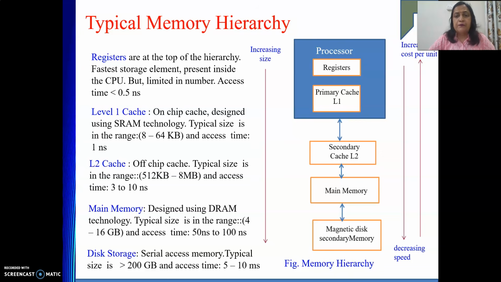From there we get main memory. Then from main memory, whatever is most frequently required, we are going to put in L2 cache. From there again, another subset will be put in the primary cache. Out of that again, selected ones will be put in the registers. So this is how the data moves